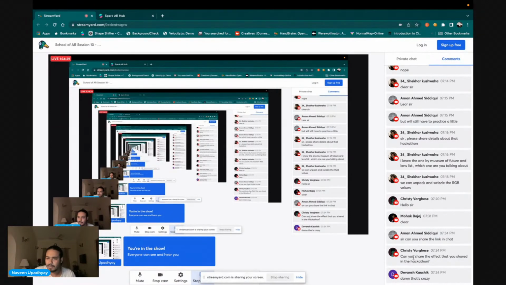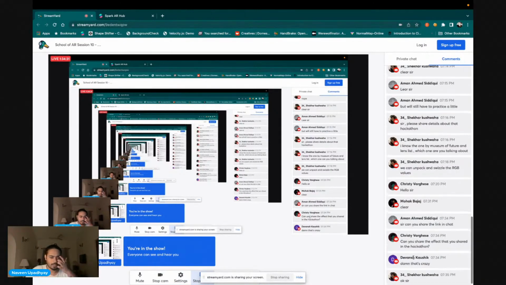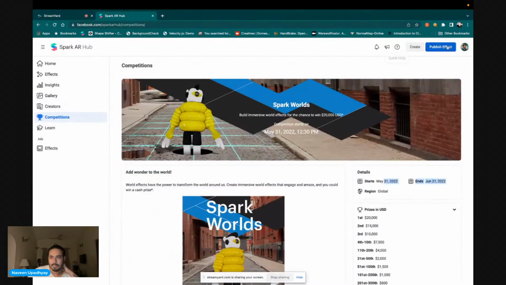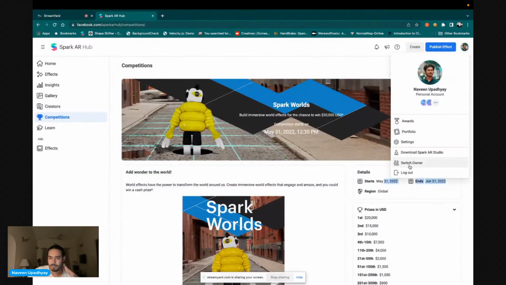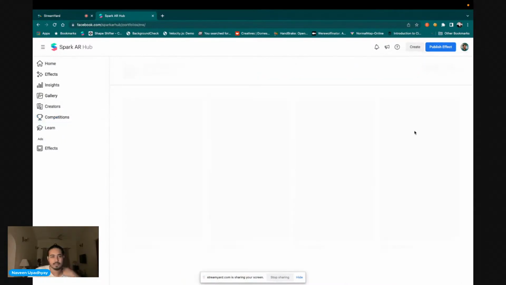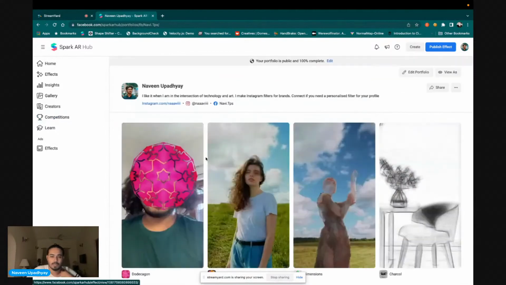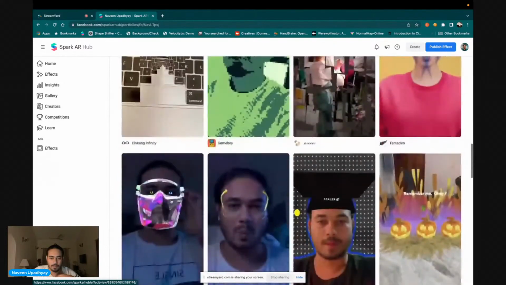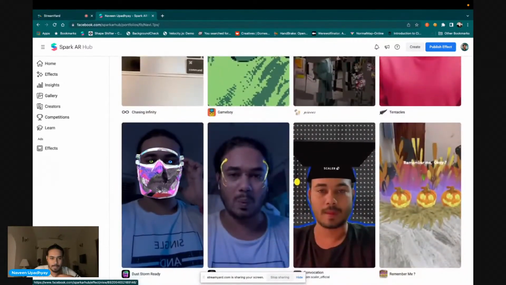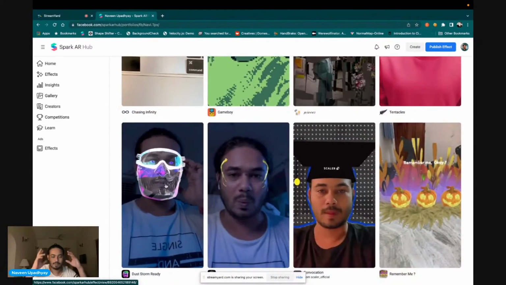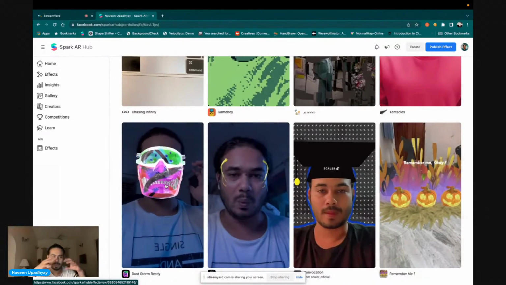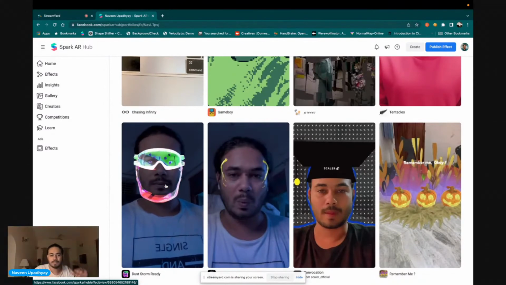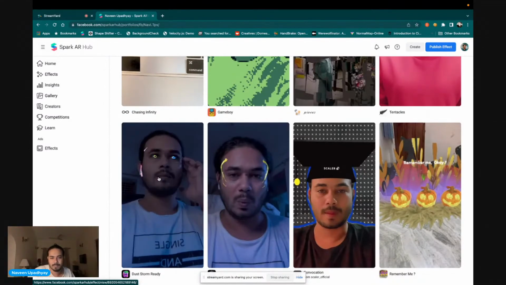Okay. Can you share the effect that you made in the hackathon? Sure, why not? You can visit my portfolio. The one that I made was this one. We had this helmet on, and when you blink, it opens up, and then you open your mouth. We were given some textures and some helmets at that time, and we had to make something like this.